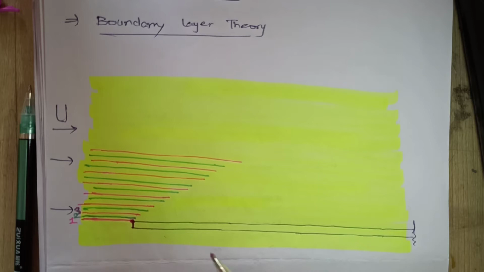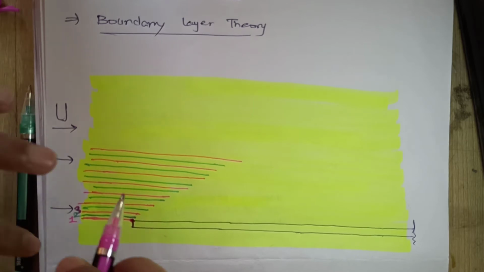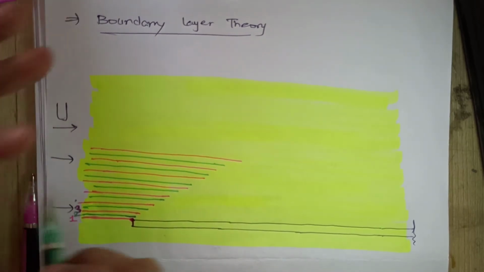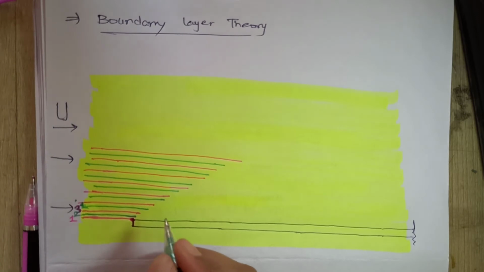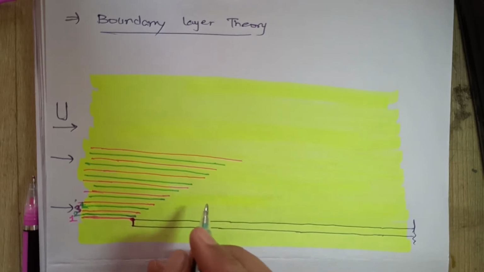So obviously it had a very low momentum. Layer number 2 had a very low momentum, and that momentum was imparted to layer number 3, and therefore its velocity lowered, but it was higher than that for layer number 2. Okay, similarly for layer number 4, again when it came near the horizontal plate, it was in contact with layer number 3, whose velocity was also low but higher than layer number 2 velocity. So the momentum of layer number 3 was imparted to layer number 4.